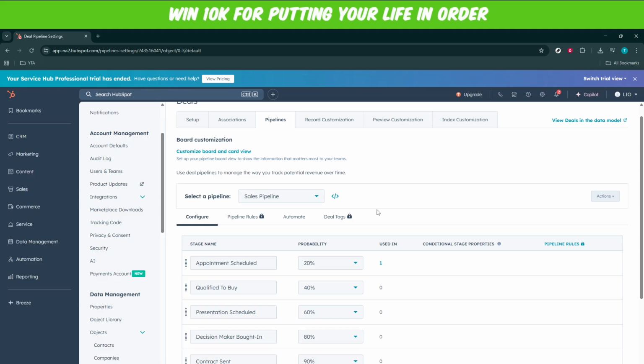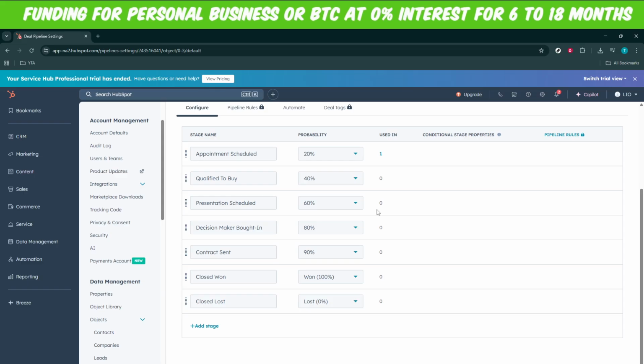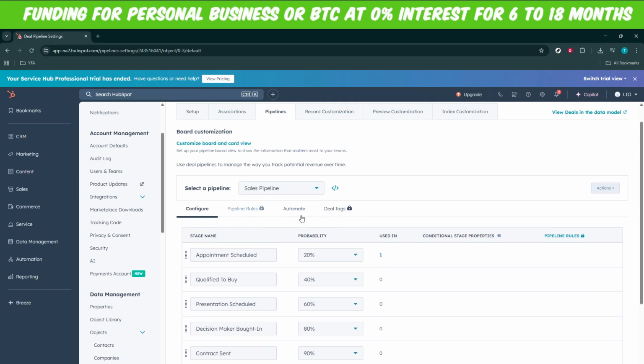They allow you to create standardized guides for various sales scenarios. Playbooks ensure your team has quick access to best practices, thus promoting consistency and efficiency across your sales process. Once you're satisfied with the changes you've made, make sure to save your settings. Regularly revisiting your settings and making adjustments as your business grows will ensure that your CRM continues to support your